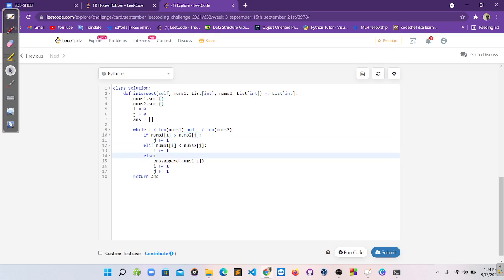In the else case we increment i, and if they are equal, we put the element into our answer and increment both by 1. Now submit it,